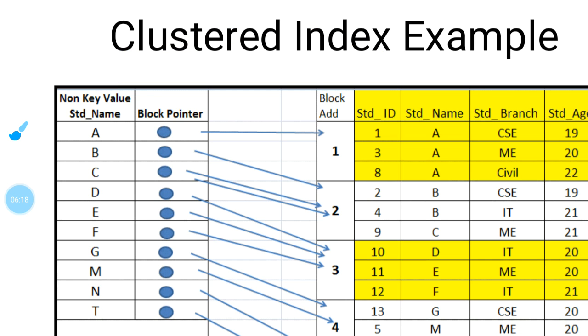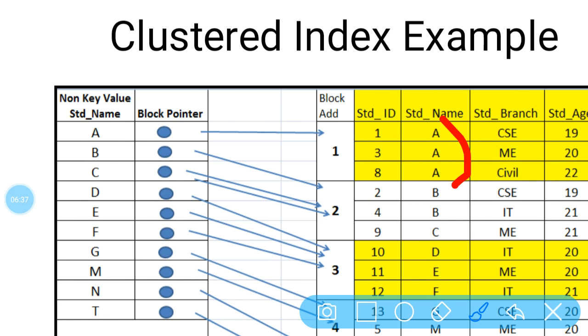So the student name is a. As we already know, in a block, if the values are repeated, we choose only the first value. The a is repeated three times, so here we use only one a.